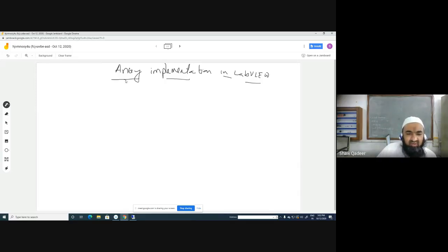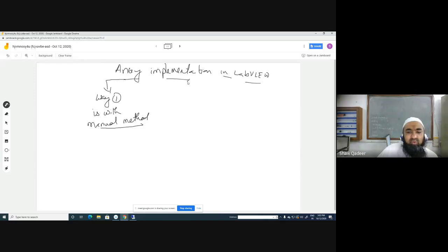There are actually two ways to implement array in LabVIEW. Way 1 is with the use of manual method. We'll tell you what this manual method is.